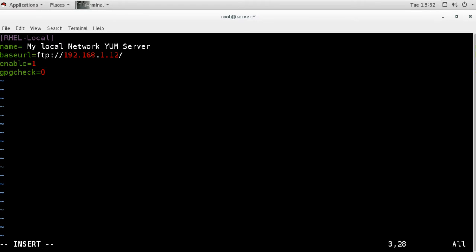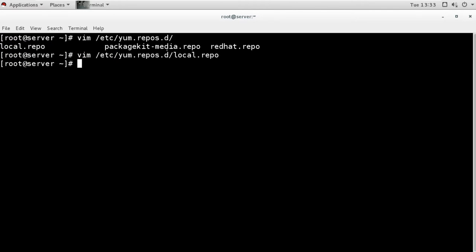Remember, when you give this URL in the browser you will reach the FTP directory. After reaching the FTP directory you have to go to the ISO directory to get the repository. So this is the URL I gave here. Enable is equal to 1, GPG check is equal to 0. So this is the setting I have to make in this configuration file. This file was already there.